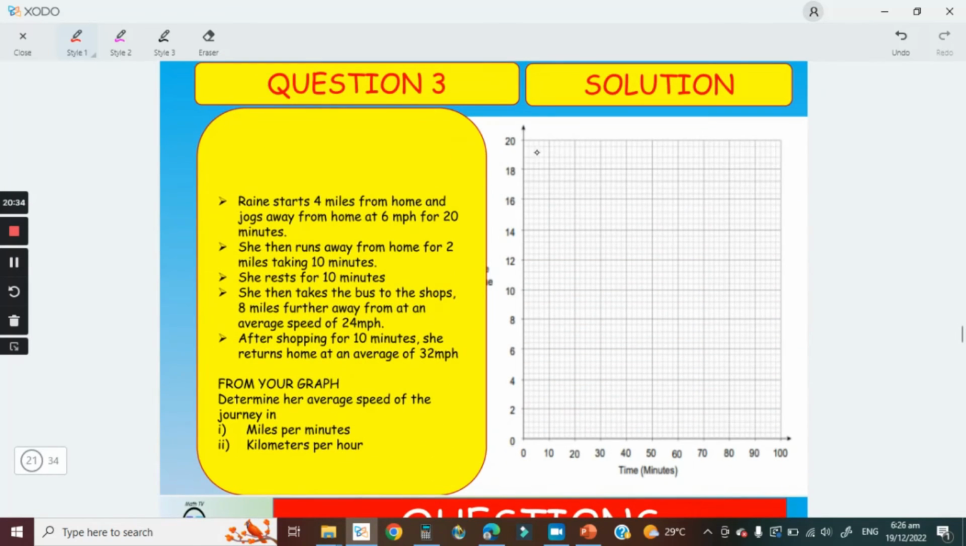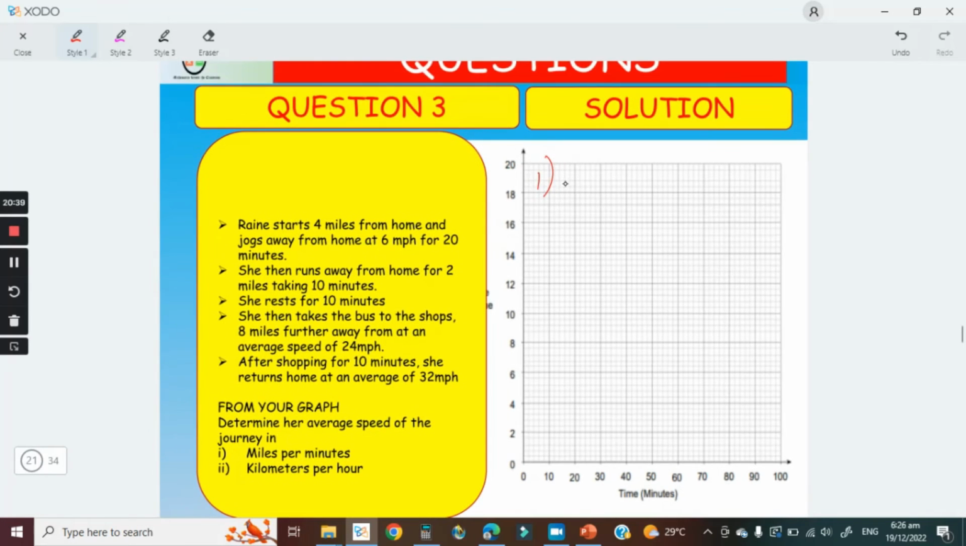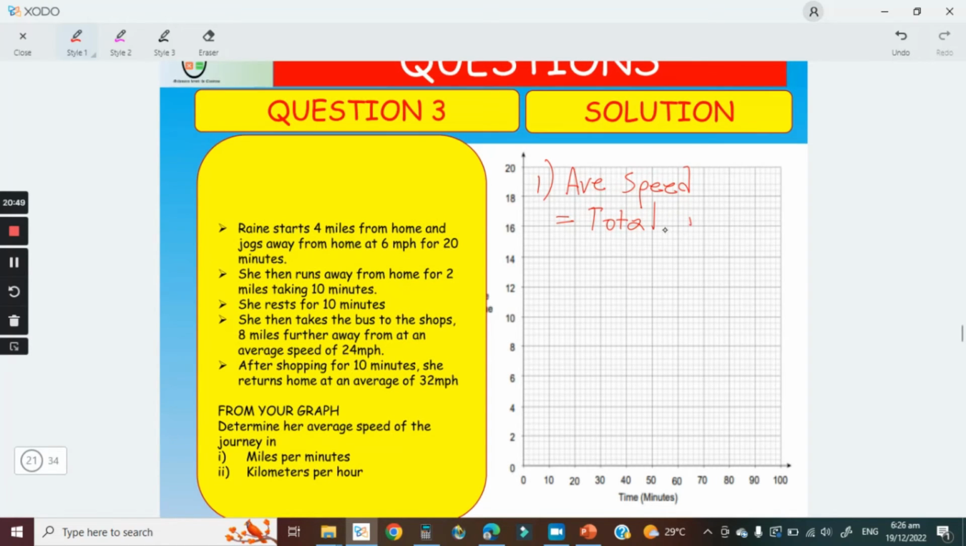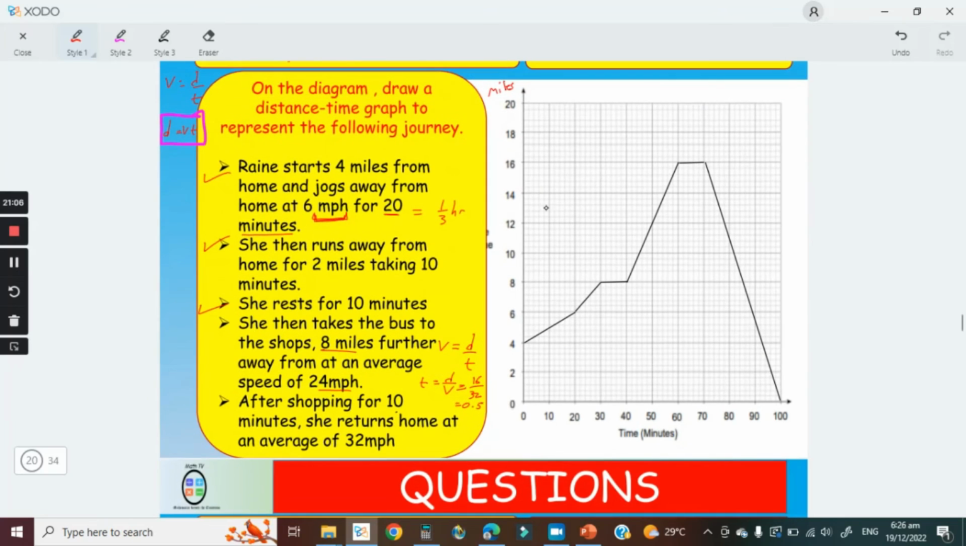So I'm done. I don't have any space. I don't know why the graph is here. So this is part one. So we're saying the average speed is equal to total distance divided by total time. That is average speed. So in that case, the total distance, if we go back up, was